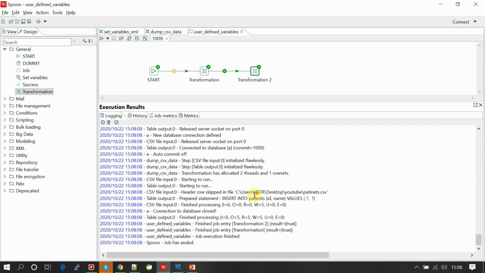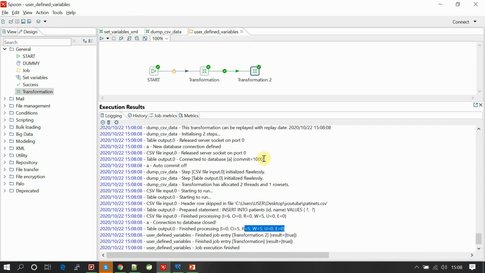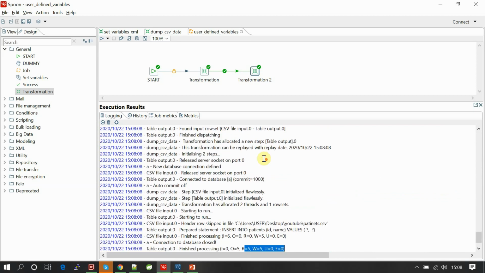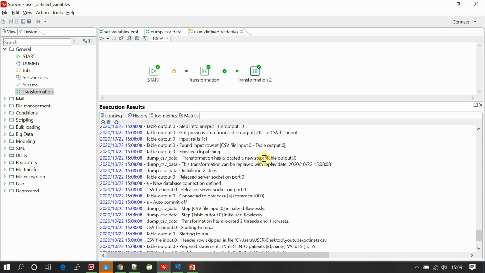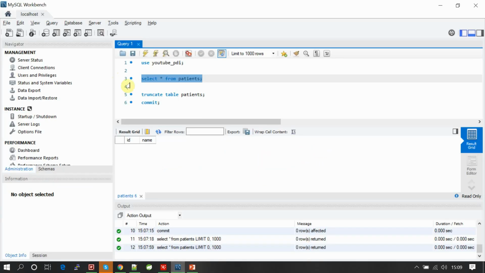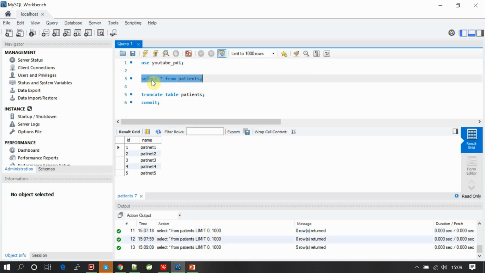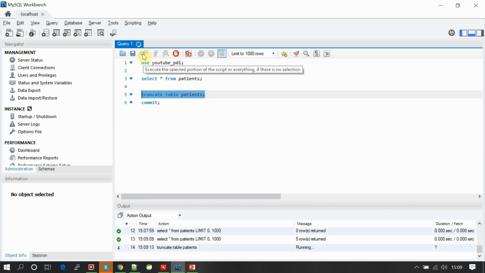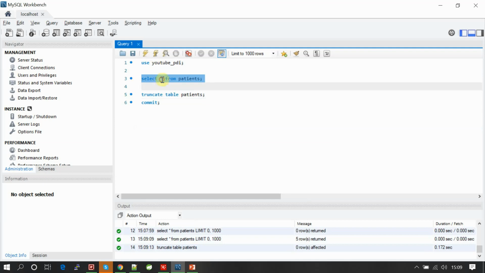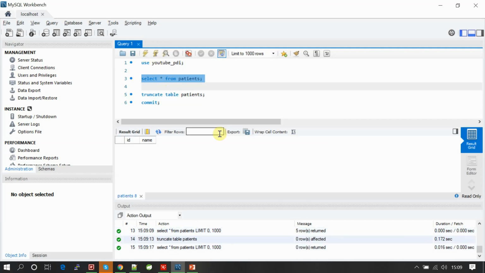But it says that the data has been dumped. Maybe that error was generated previously while we were running the XML file. So let's confirm here once again. Okay, the data is dumped. Let me truncate once again for your confirmation so that you can see the data load is done.